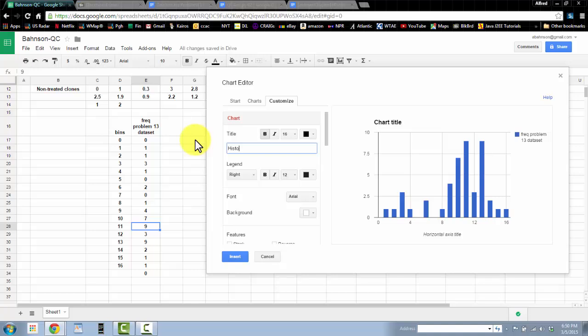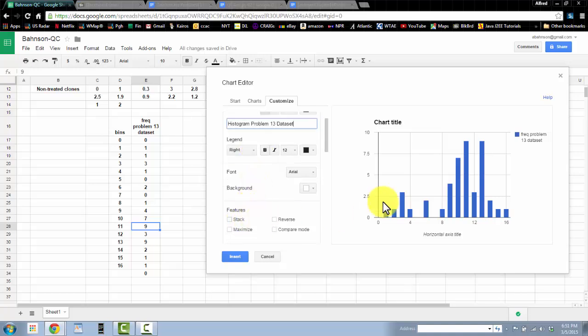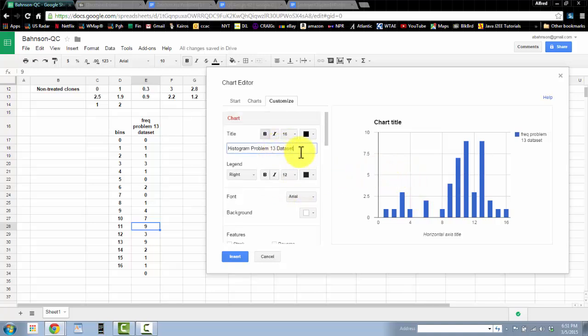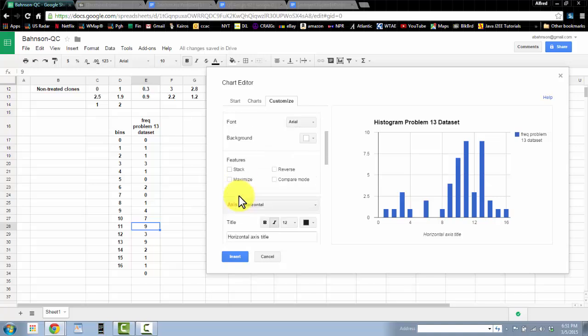Let's call this histogram problem 13 data set. Okay, and since now we are deciding to use a column chart to do our histogram, it doesn't know what to label the axes at all. I'm going to hit enter there. Notice that puts a title up there. And then coming down, the legend looks okay to me. I scroll down here. The horizontal axis now,